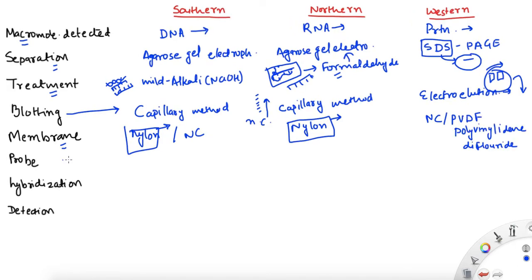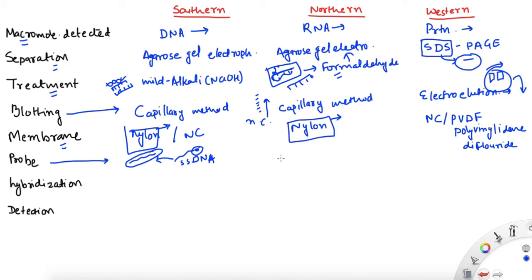In case of probes, once we transferred it onto the membrane, for the detection method we use probes, right? What all kinds of probes did we use? In case of Southern blotting, we had the DNA to be detected. So the simple thing was to use a single stranded complementary DNA to it, right? Now this again would be some kind of labeled DNA molecule, a labeled probe. So we used a labeled, single stranded DNA complementary to the DNA that we were looking for, the gene that we were looking for specifically.